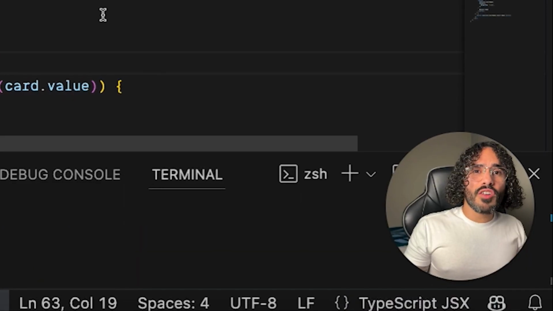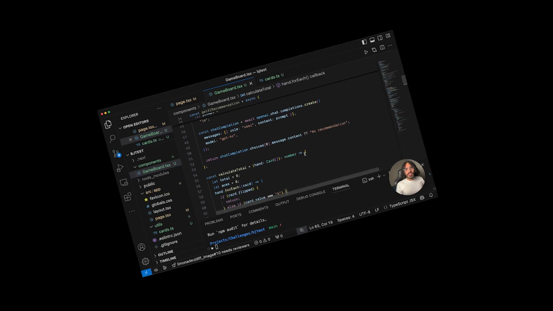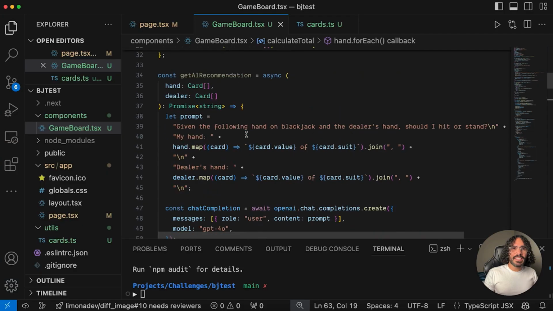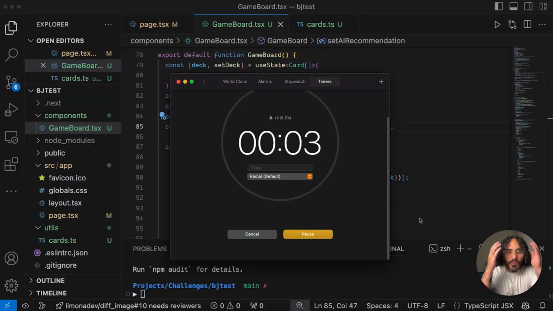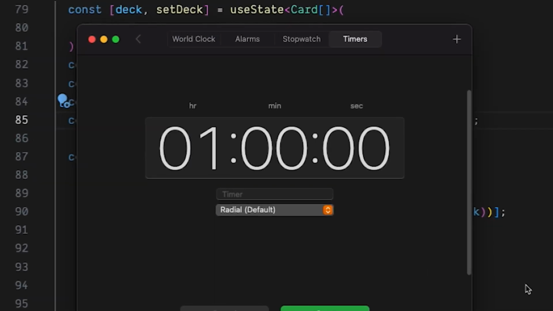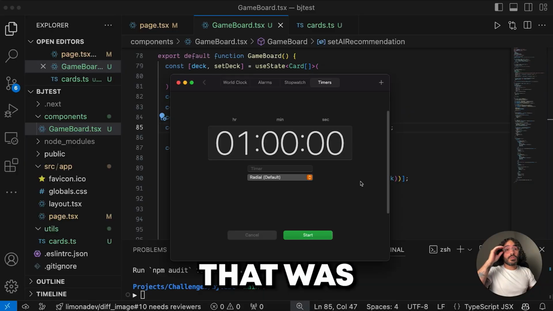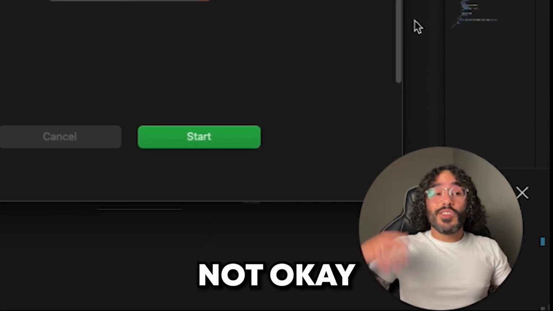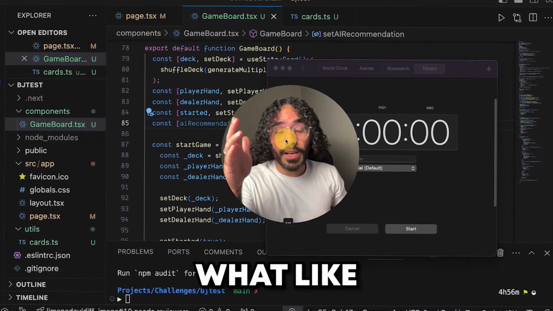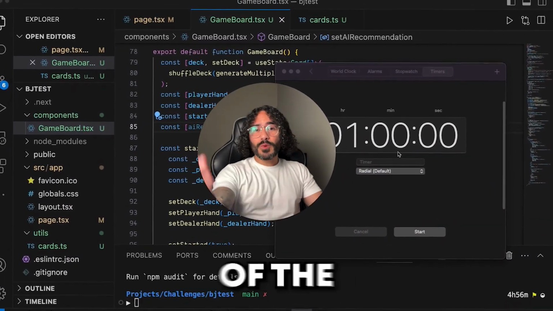36 seconds. No, no, no, it's too soon. Where do I add it? Where do I add it? 4, 3, 2. No, that was way too short. That's not okay. That is definitely not okay. Not okay. I'm not happy. Who told me to choose this app? Like, this was probably one of the